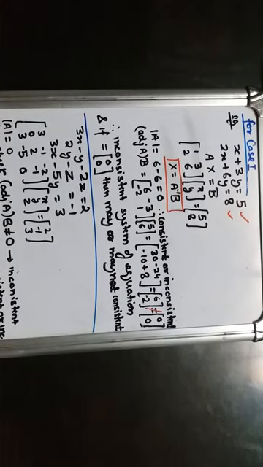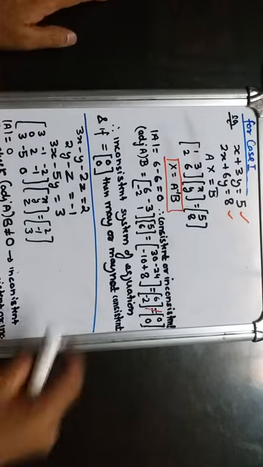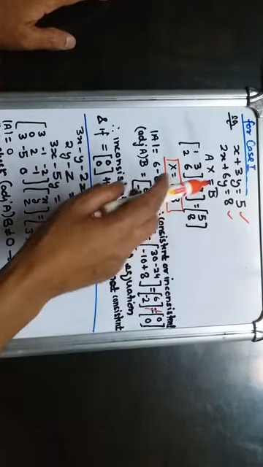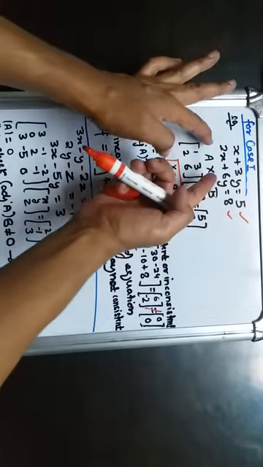Now let us discuss one more example. When the determinant of A is equal to 0, that means we are discussing case 1 as of the previous video. Case 1 says that if the determinant of A is 0, then we have to check consistent or inconsistent. So let us discuss. Suppose we have these two equations in two variables.